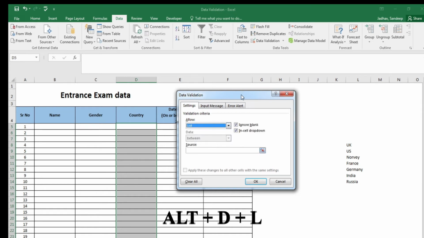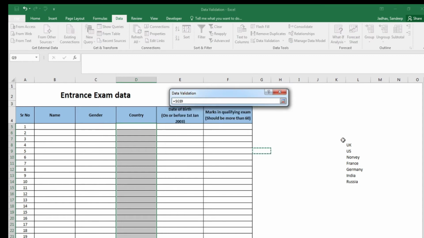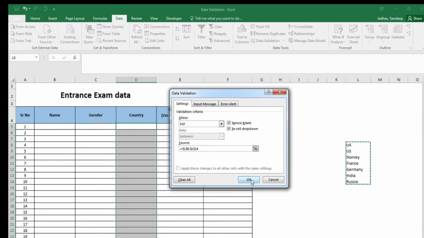Now because these are multiple names, I'm not going to type here separating by the comma, but I have created a list outside the table in the same Excel sheet, which I am going to use here as a source. So under source, I will click over here and I will select this list. Now this list can be bigger than this. That is the reason we are going to use the list which is created outside this table. And then I will click here again and then say OK.